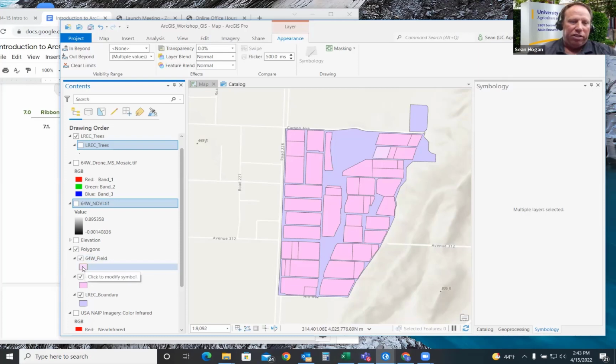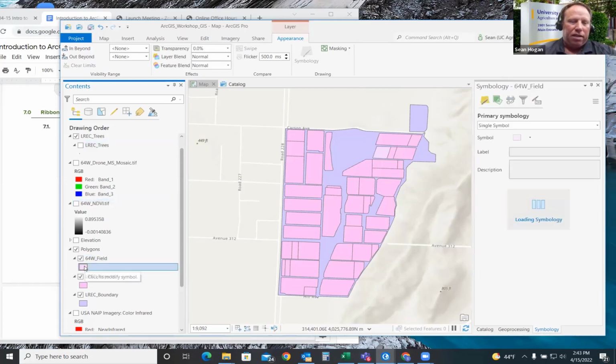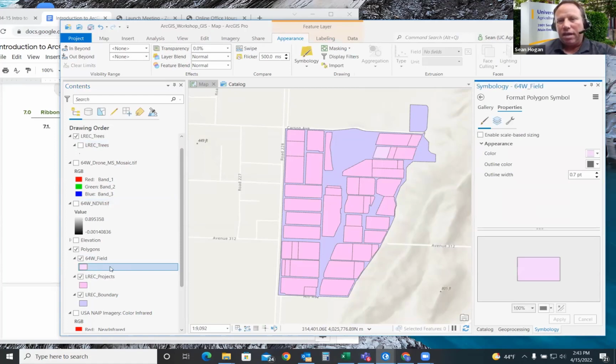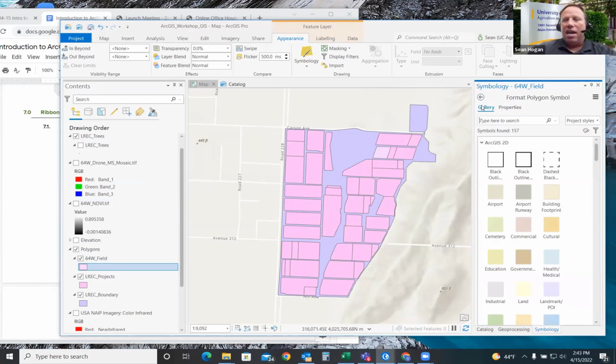The way I'll do that is go to this block below it and click. Go over to the right, Symbology pane, and go to Gallery. Gallery is the top left corner of the Symbology pane. And under this, I like the dark black outline. Now we've got something that's going to stand out.